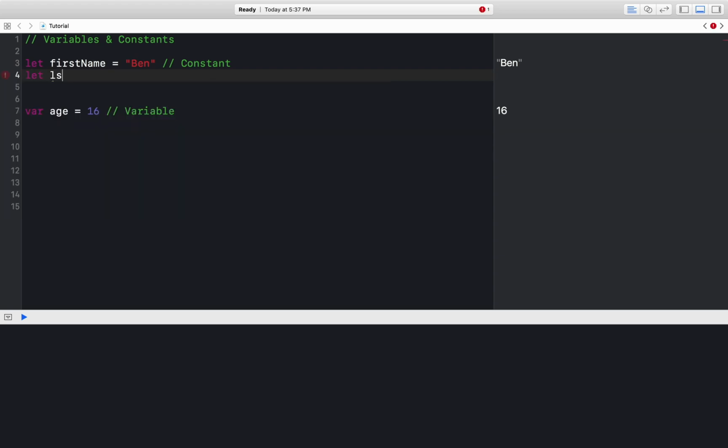So let's say let last name. By the way, this naming convention is called camel case. The first letter of the word should be small, and the first letter of the following words will be capital. So this is small, and then this is capital. If I want to have another word, I'll have to make the first letter of that word capital. So let's say last name is equal to Tennyson,